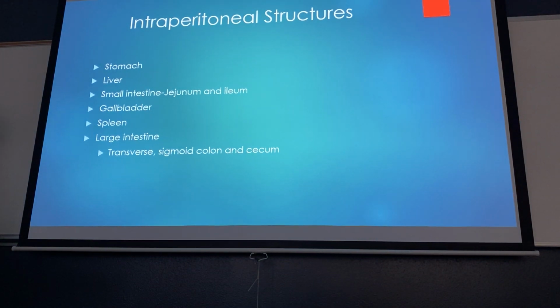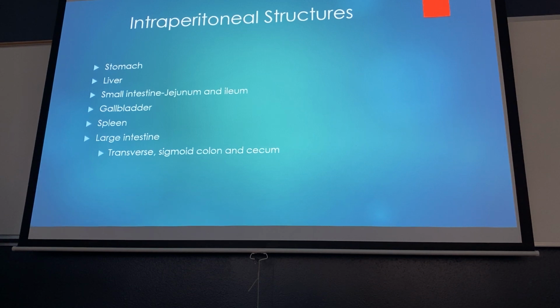For the most part, when you're looking at intraperitoneal structures, they would include things as the stomach, the liver, the small intestine, a portion of it in terms of the jejunum and ileum, but the C-loop of the duodenum is considered to be retroperitoneal. And the reason for that is that it will be associated with the head of the pancreas, which is retroperitoneal. Along with the liver would be the gallbladder, spleen, as we mentioned before, and then the